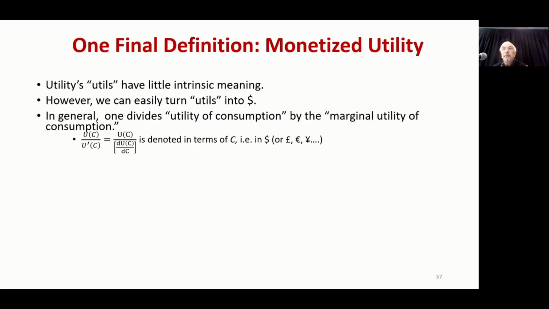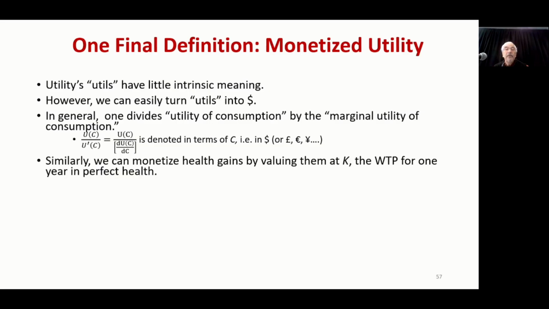Now, in one final step here, we can monetize this. For example, economists talk about utility and its measure of value as the util. How many of you have actually seen a util? See a lot of hands up in there. So we want to monetize that, and we do that by dividing through by the marginal utility of consumption. And when you do that, you get a dollar measure of value in dollars or yen or pounds or euros, whatever the right value.